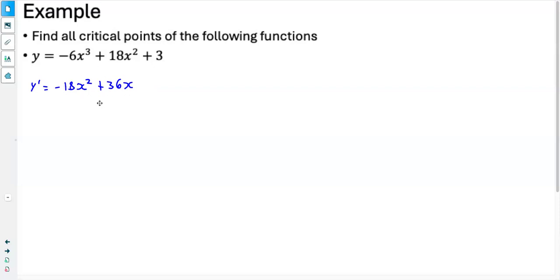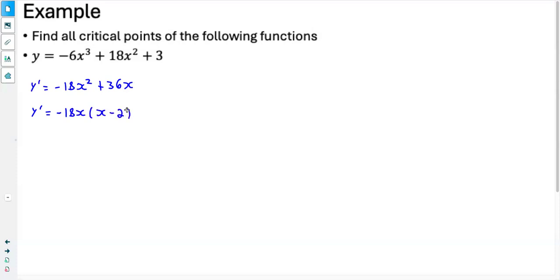So we currently have this function. What we'll do now is factor this. You'll notice out of both terms, we can factor an x out, and we can also factor 18. I might as well factor the negative out as well. So I'm going to factor out negative 18x. That's going to give me x